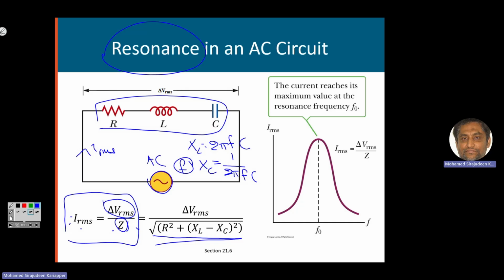So a very nice thing happens: when the frequency is small, we have a small current, and it will increase, and at a certain value of frequency, it will become maximum, then it falls again. So we have a sharp peak like that. This phenomenon is called